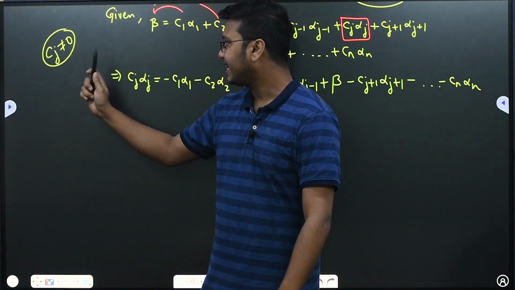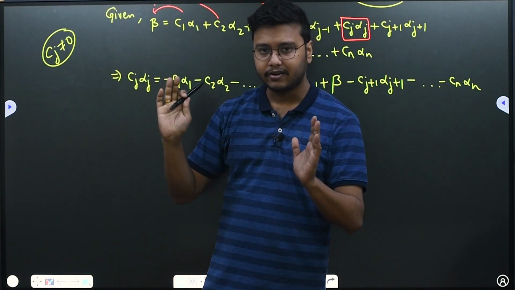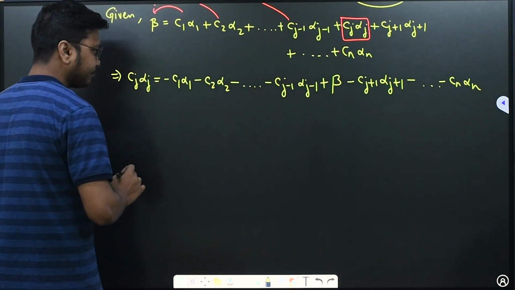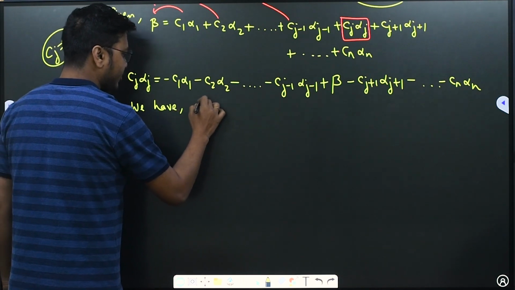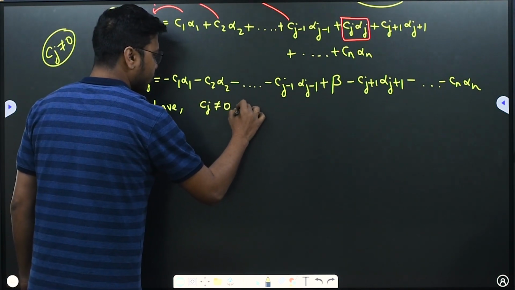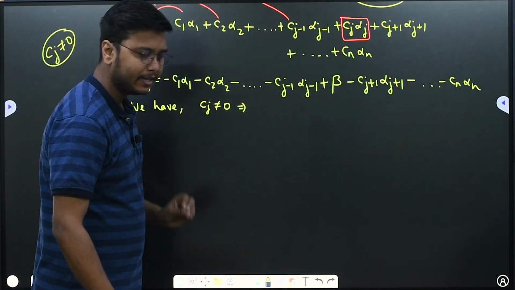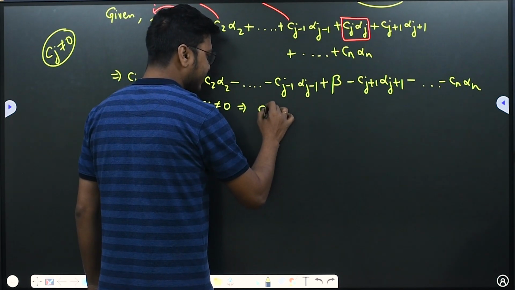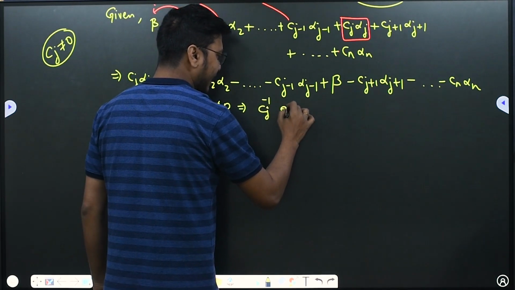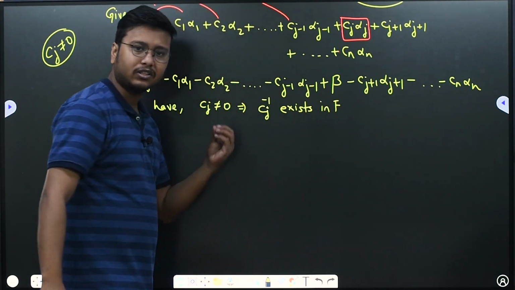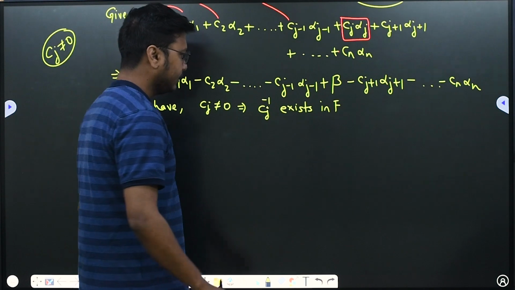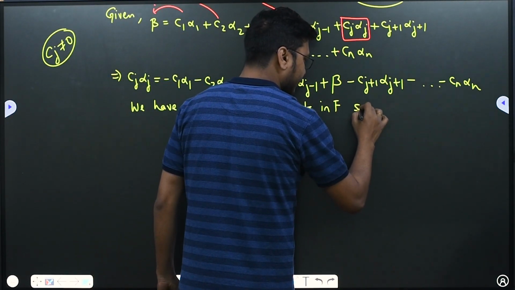So I'm going to use that expression, cj not equals to 0, and try to bring some help out of that. Okay, so we have cj not equals 0. So if some field element is non-zero, that means its inverse exists in the field. And what's the property of inverse? We know the property is such that